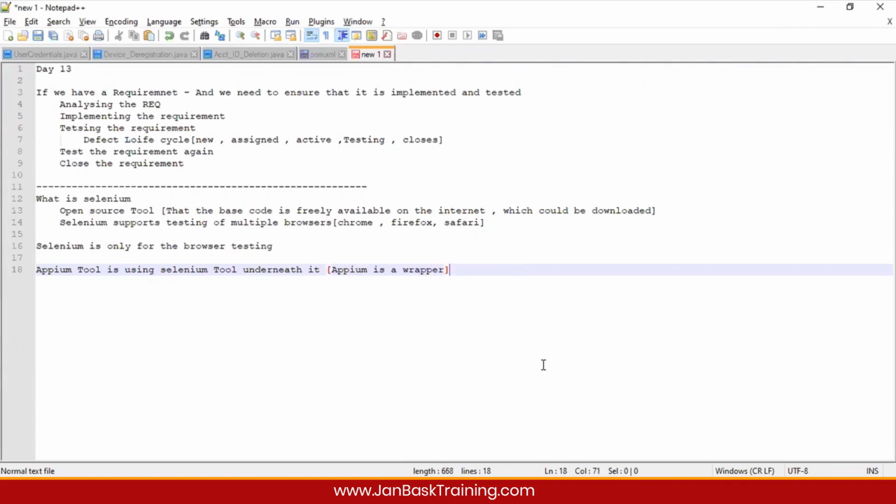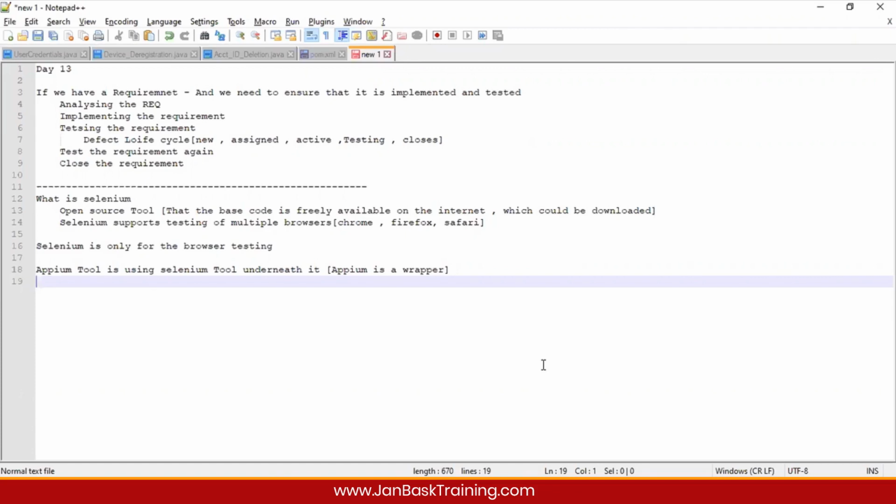Wrapper means, so usually what happens when we gift something to someone, right? We usually wrap it with the wrapping paper, right? But underneath it, it's a gift. So that's a similar kind of example over here. Appium is just a wrapper, like a gift wrapping over Selenium. So what's happening? Once we gift wrap something, what happens? It enhances the gift, right? It makes the gift much more interesting and much more expressive. That's a similar way that we could relate Appium also. Appium is a gift wrapper on Selenium.